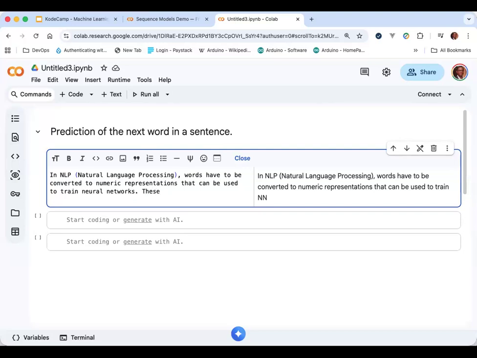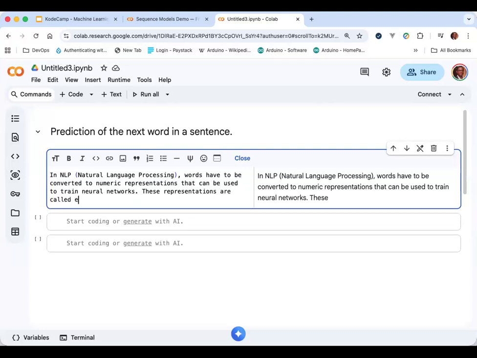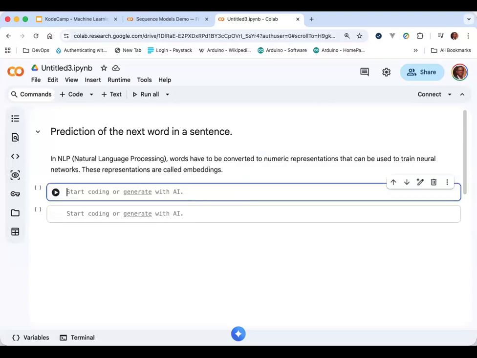These representations are what we call embeddings. So one of the ways that you can generate them is